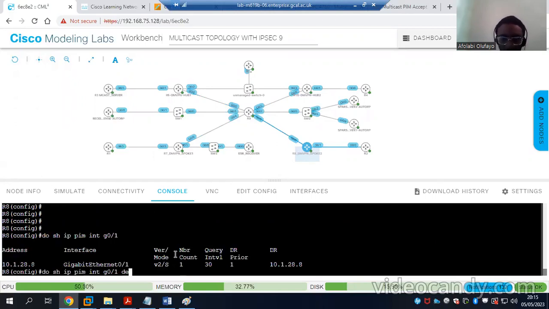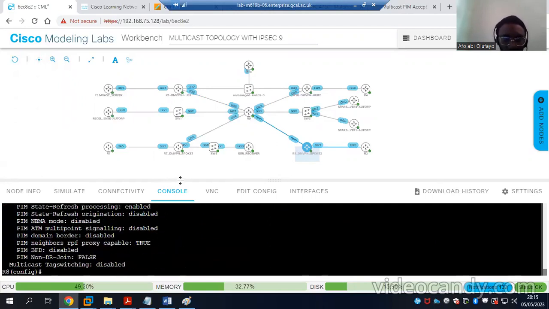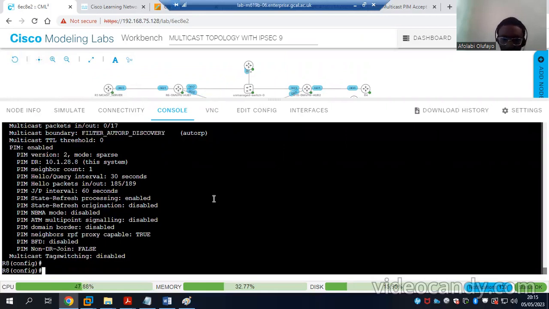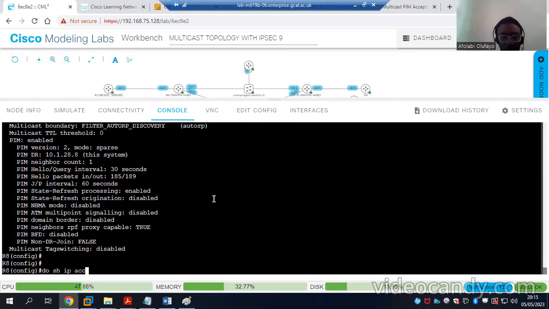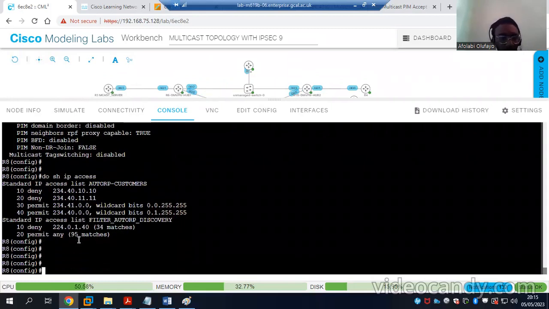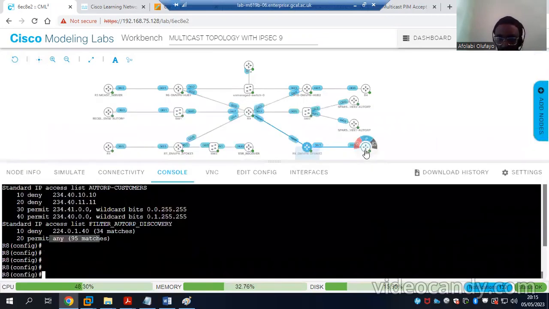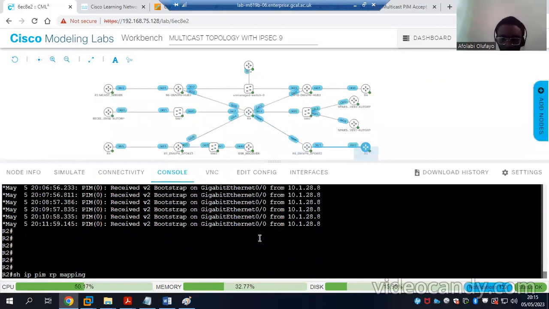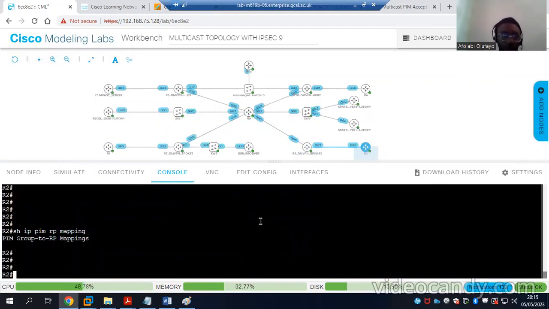Here there's a multicast boundary with an access list, which is denying AutoRP discovery messages that are supposed to be sent to the next neighbor, R2. It's denying 34 matches and permitting any, but still no RP mapping, which I'm going to show here. Show ip pim rp mapping, no AutoRP